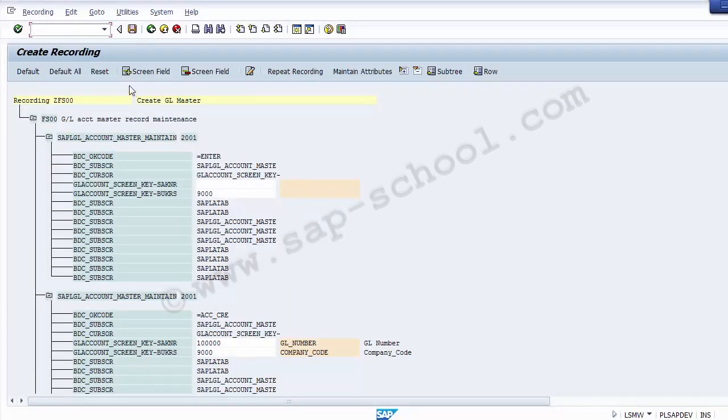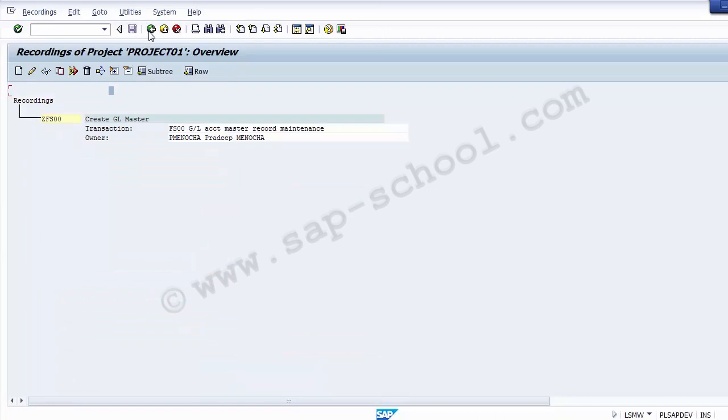So now you can save this part because we have renamed it. So with these particular names it will be easier for you to remember. So now we can go and we can save this screen, and you can see the data is saved. So this is the first part which we have completed. Once I have clicked onto this back option, you can see now the recording has been created, ZFS00 with this transaction, and the owner is this. Moving back now,